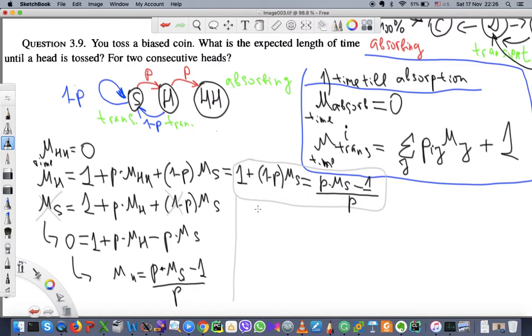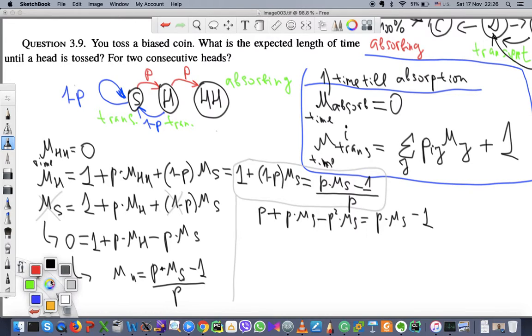What we get is the following. We will get P plus P times mu S minus P squared times mu S equals P times mu S minus 1. Now you can see that we can cancel this term on both sides